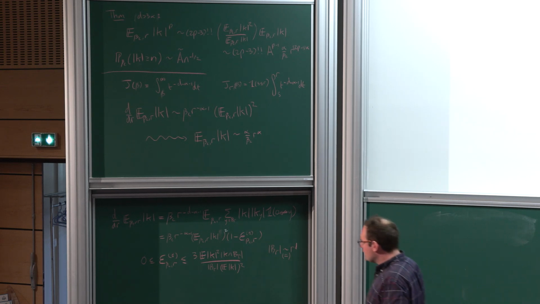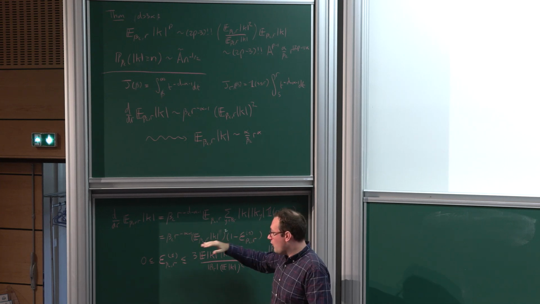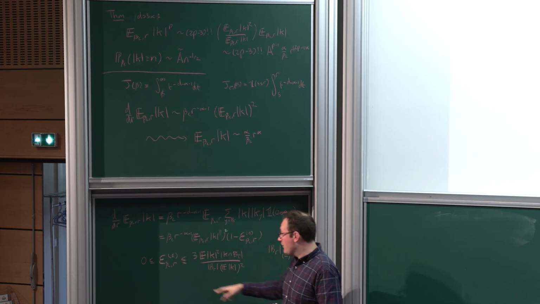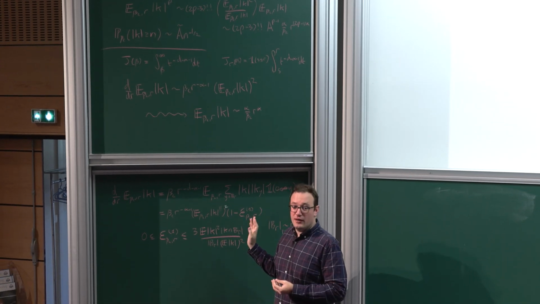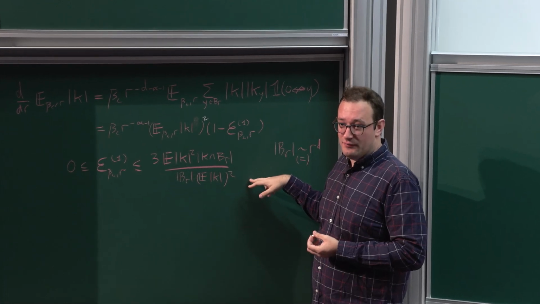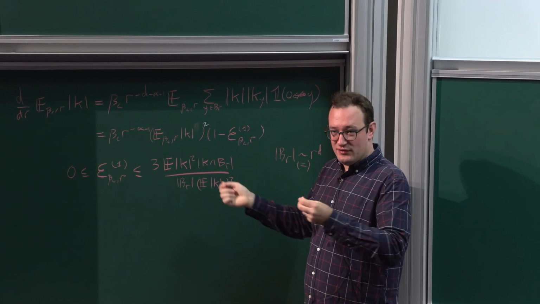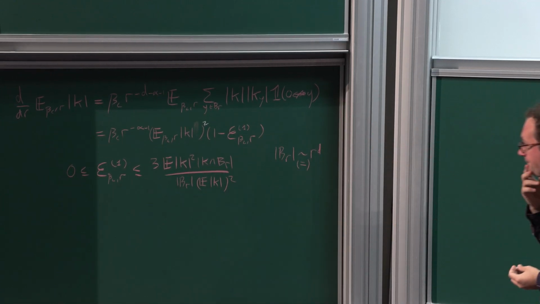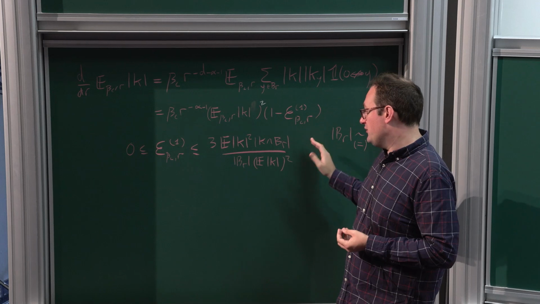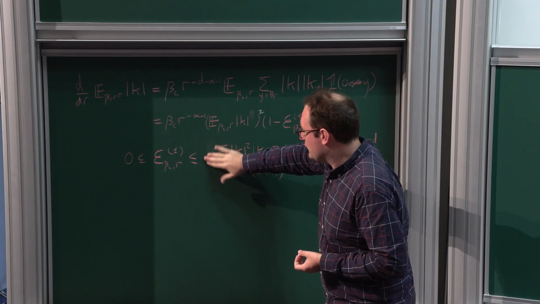Okay. And just as a reminder, the way we did this is we said, okay, well, we can write this exact thing as what we want it to be times 1 minus an error. Then we bounded this error. We said it's non-negative by the BK inequality, and it satisfies a bound like this by writing the indicator as 1 minus the other indicator using FKG to bound one term. And then we used the tree graph inequality, right? Well, we said, first of all, you can just bound this by the third moment, which is bounded by, oh, sorry, this 3 isn't here.